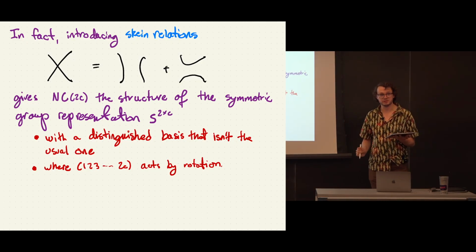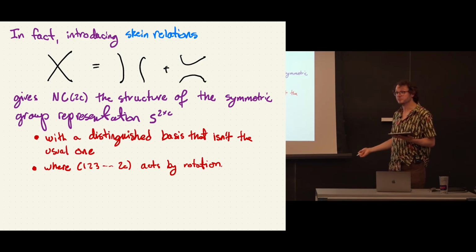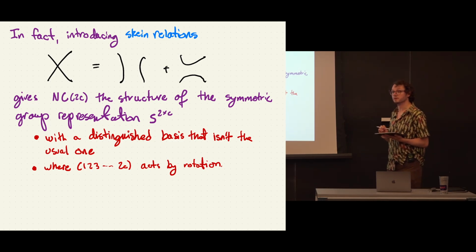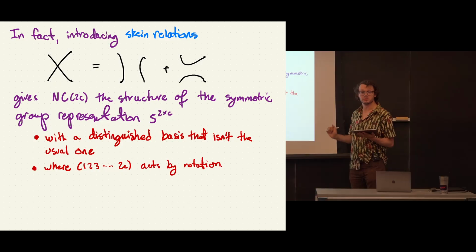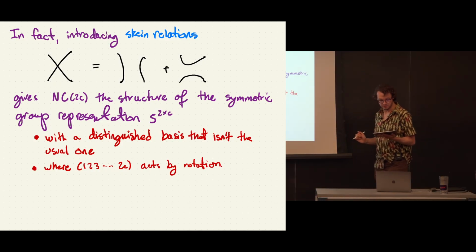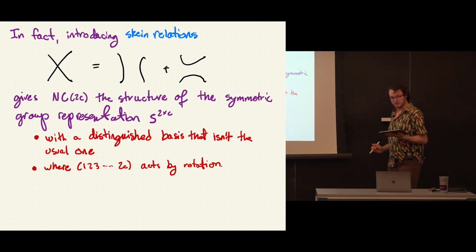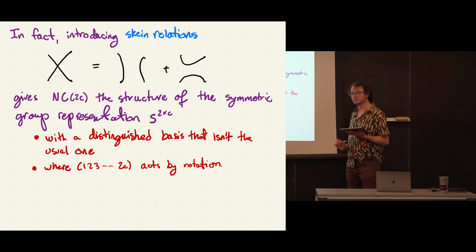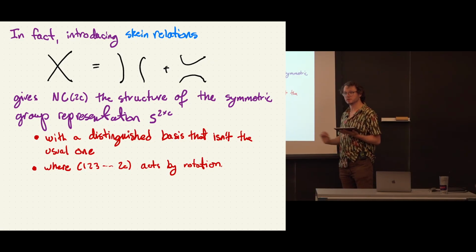These are labeled by partitions, so there's one labeled by a 2 by C rectangle, the rectangle we've been talking about, and it's exactly that one. It's the one labeled by the rectangle that is showing up in this context. It's everything you ever would have wanted. And it comes not just abstractly, it comes with a basis. Lots of ways to construct irreducible representations of the symmetric group come with a basis. This does not come with the one